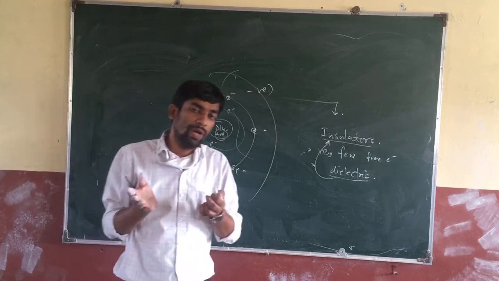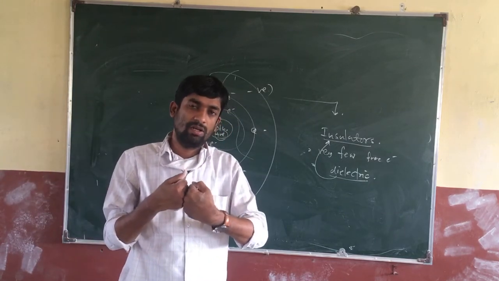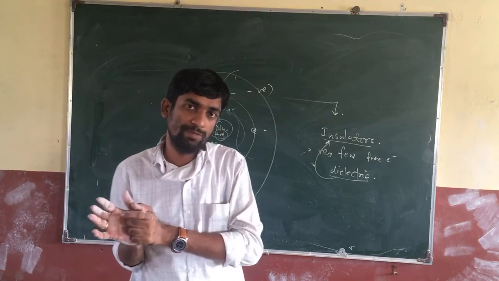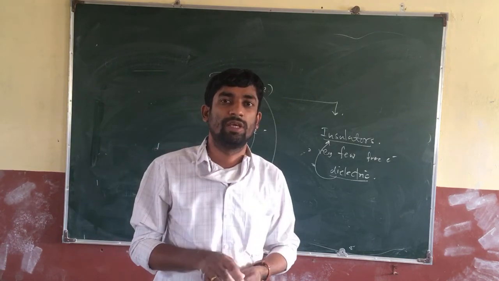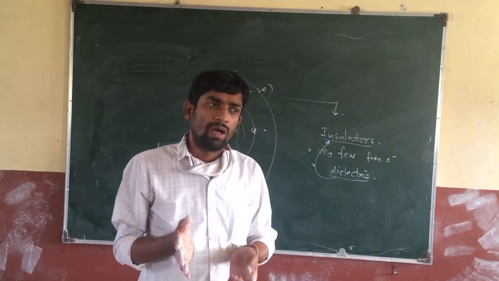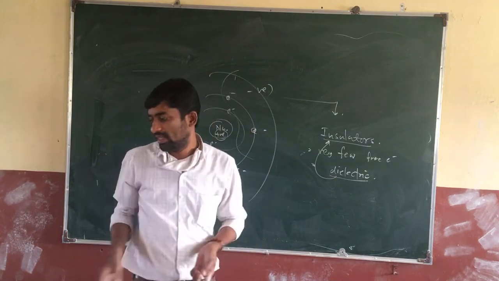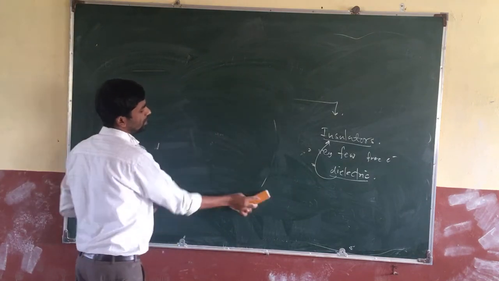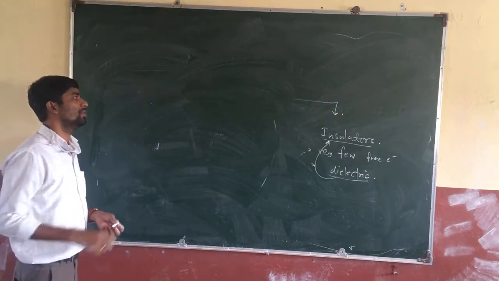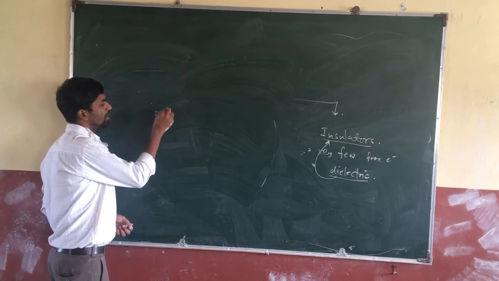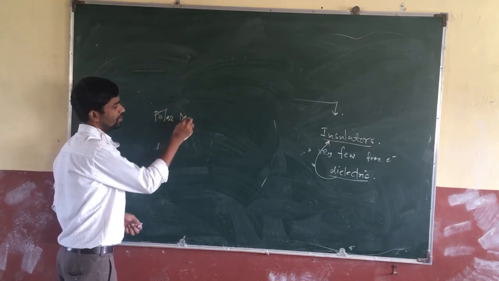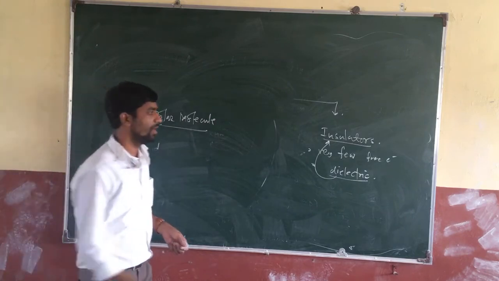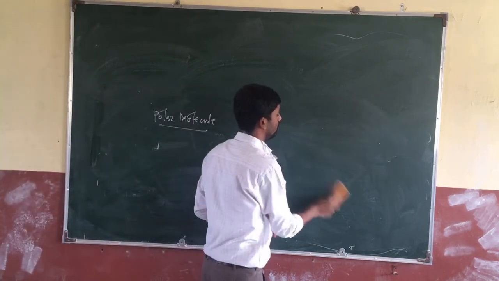Similarly, if two atoms combine with each other, or form a bond, there is a formation of a positive charge pair and a negative charge pair also. So how can we differentiate molecules? Molecules can be differentiated into two types: first is polar molecules, and second is non-polar molecules.